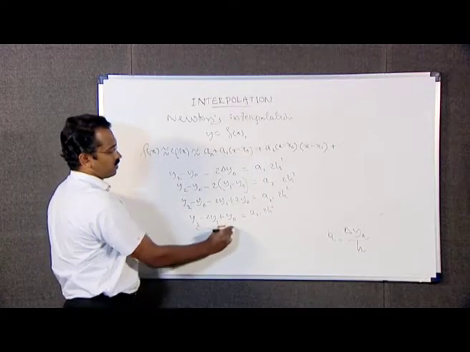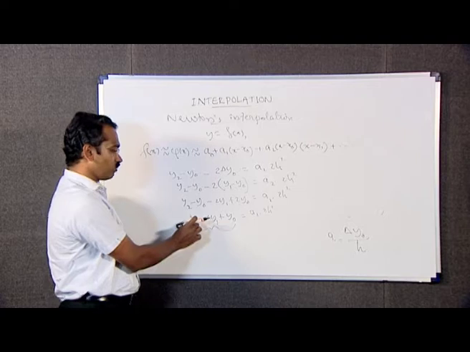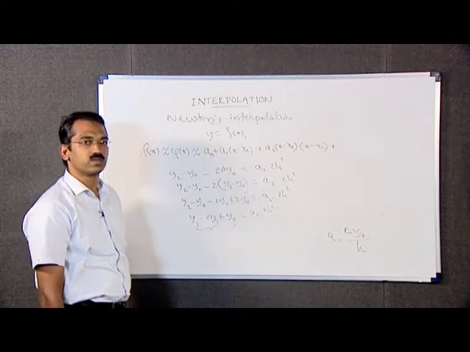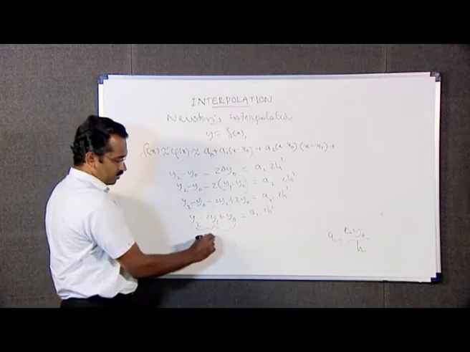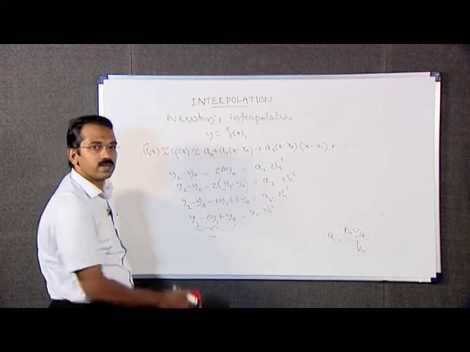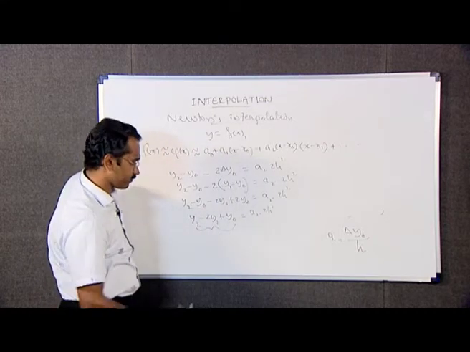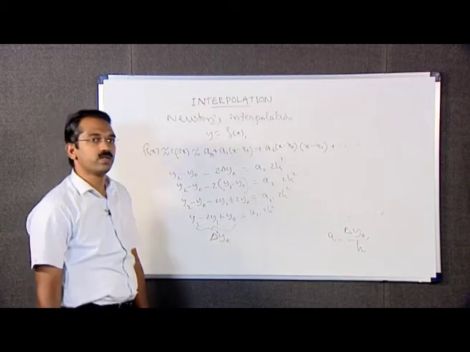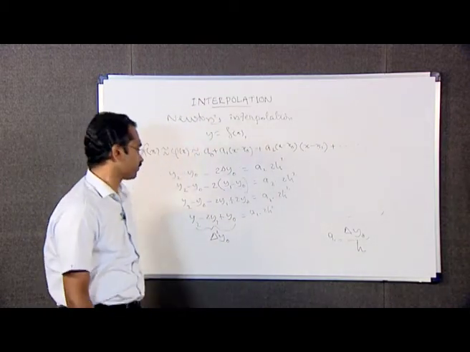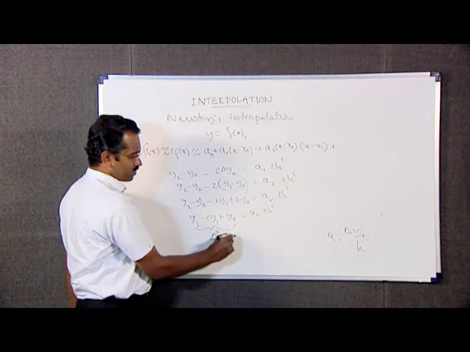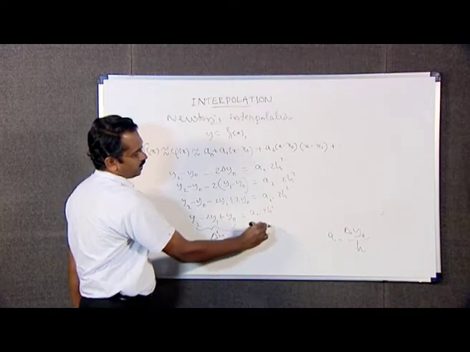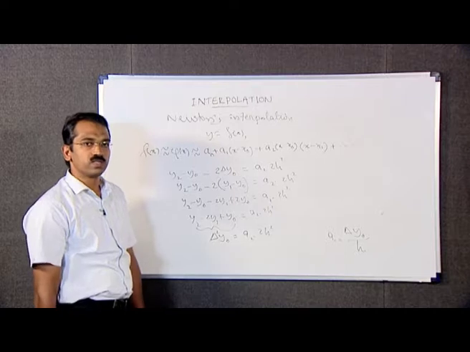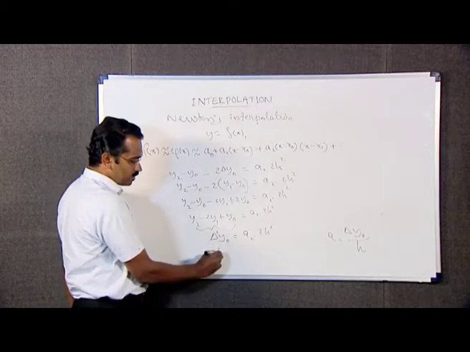This is y2 minus 2 y1 plus y naught, which is delta square y naught, the second forward difference, equal to a2 into 2h square, which gives a2 is equal to